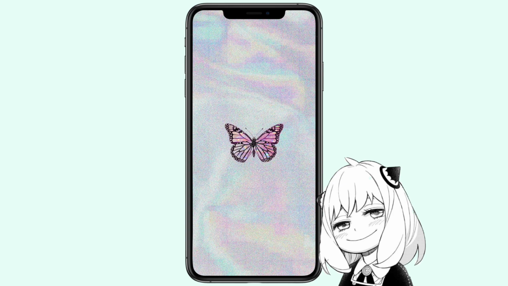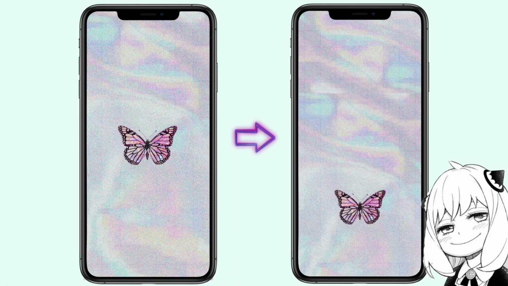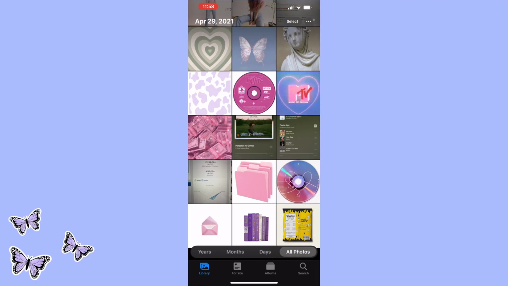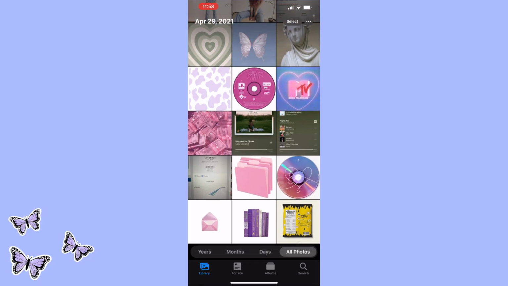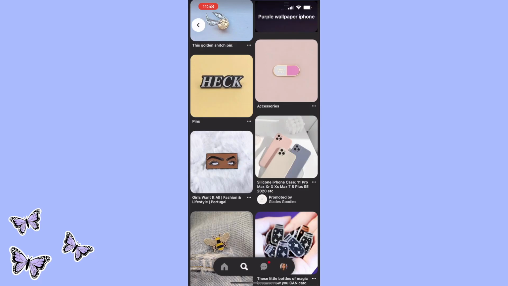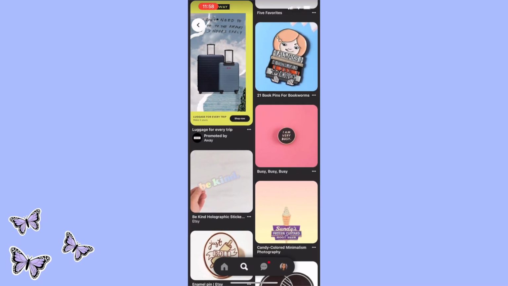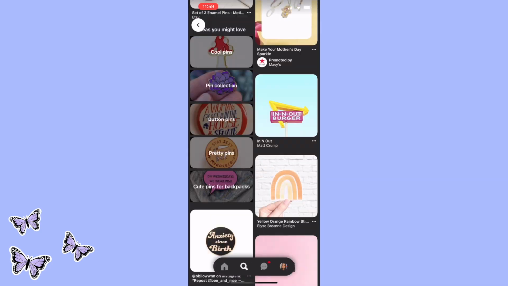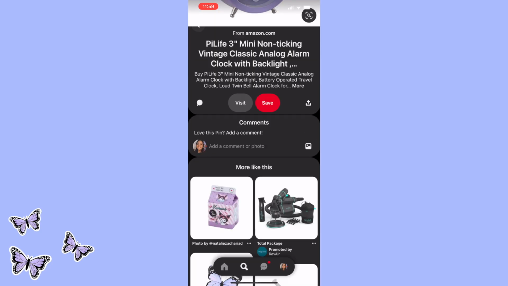So I had to move it around a little bit because I like my icons to be more at the bottom than in the middle. But oh my gosh, it's so perfect. I love the colors. I love the textury look. So yes, as you can see, I got so much inspiration, started moving around my apps, and now I'm just hunting Pinterest to find the final icons for all of the apps that I want to use.